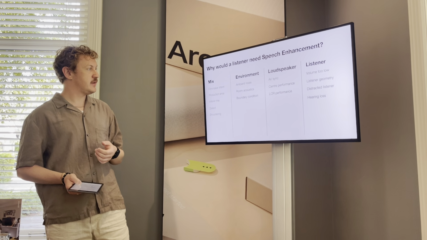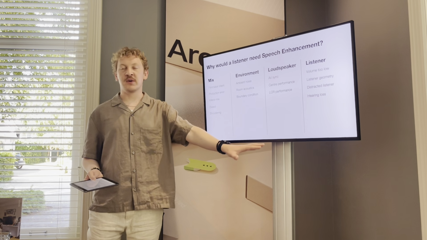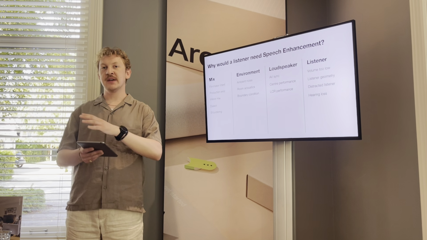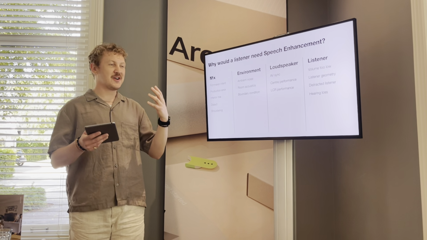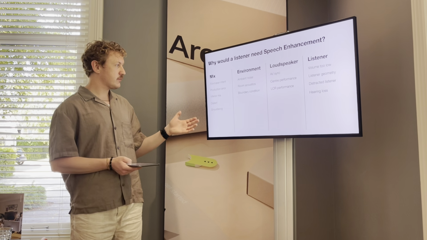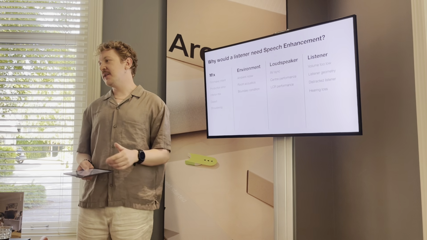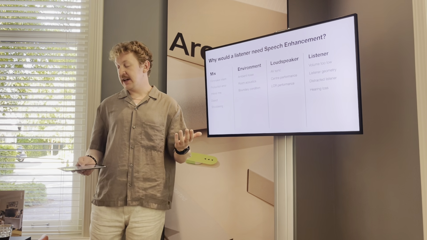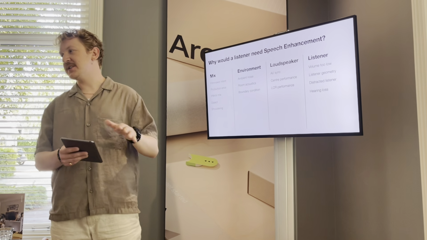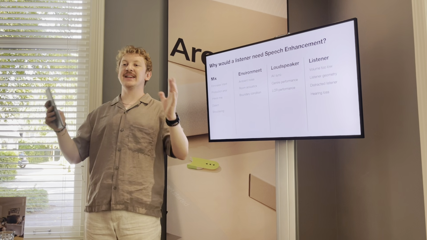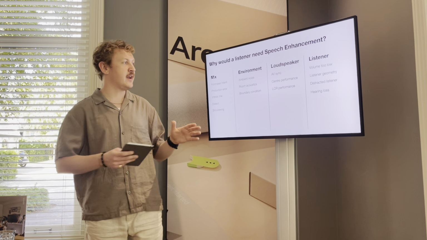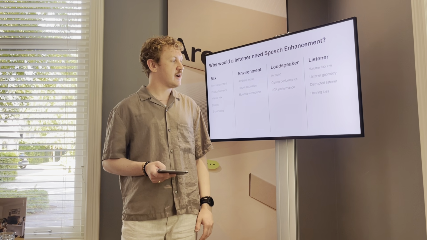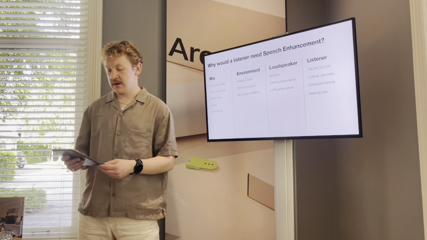on this feature, and we were looking at 4 categories. We were looking at the mix itself, the content coming down the HDMI stream. We've also got the environment, so your living room where you're sitting. We've got the loudspeakers, which obviously for Sonos has never been a problem, but if we look at the issue holistically, then loudspeakers can be a problem. And then the listener themselves as well, what might be going on there.